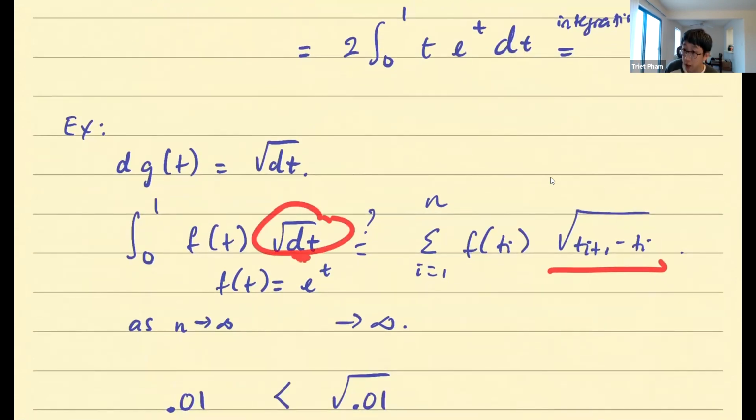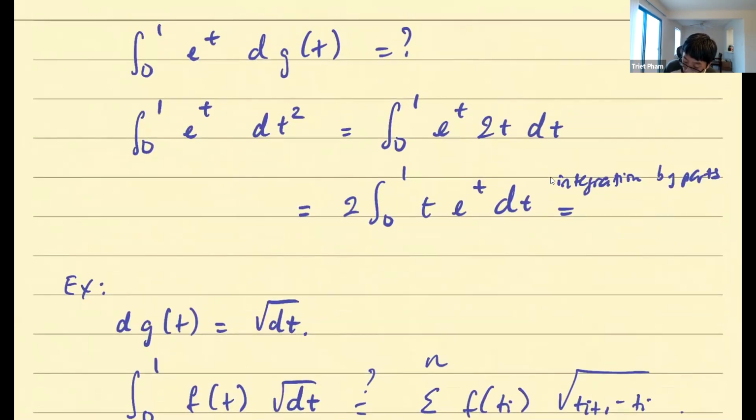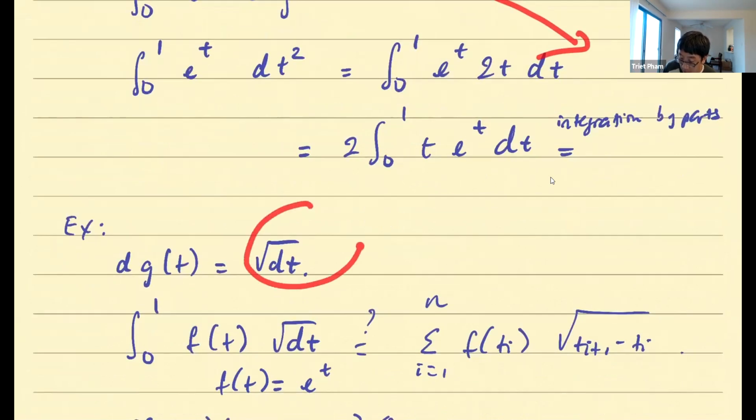So the differential here is not good. In fact, it's not the dt that you're used to; it's a square root here. The dg(t) in the earlier example is very nice because it's just like 2t dt. So eventually, this is what we call absolutely continuous with respect to dt. So it can be cast back to dt. Anything else cannot be cast back to dt.